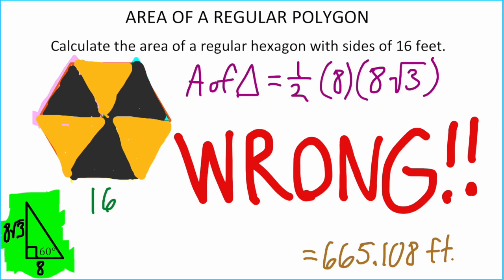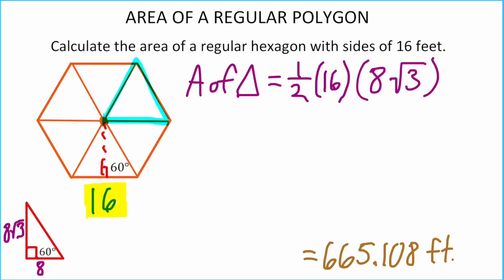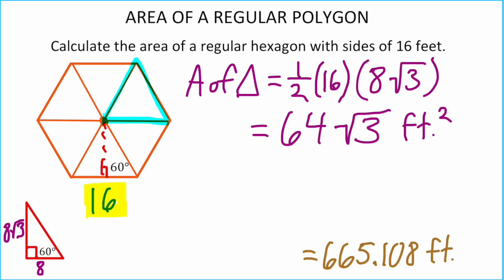But you can't use the short leg of the right triangle for your base, you've got to use the 16. So let's fix that and get back on track here. All right, now we're ready. So 1/2 times 16 times 8 radical 3. You multiply all the numbers part, the 1/2 times 16 times 8, and you get 64 radical 3 for the